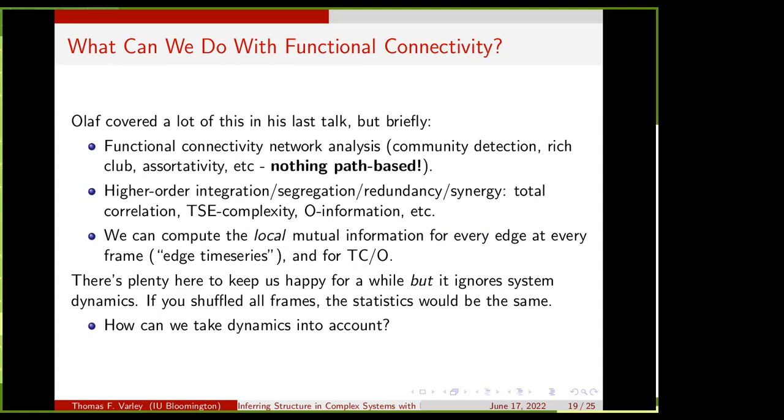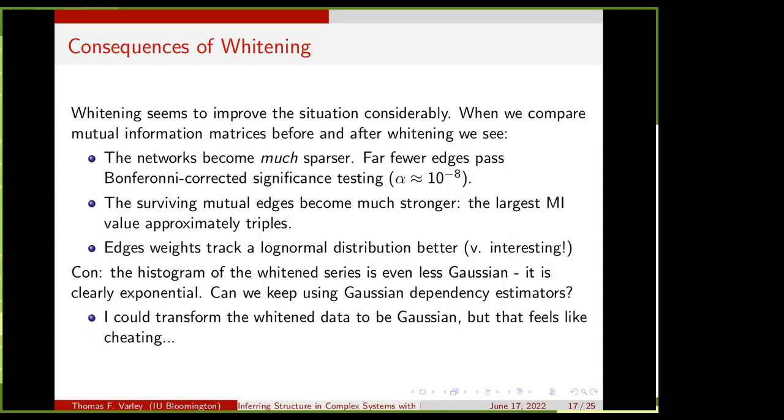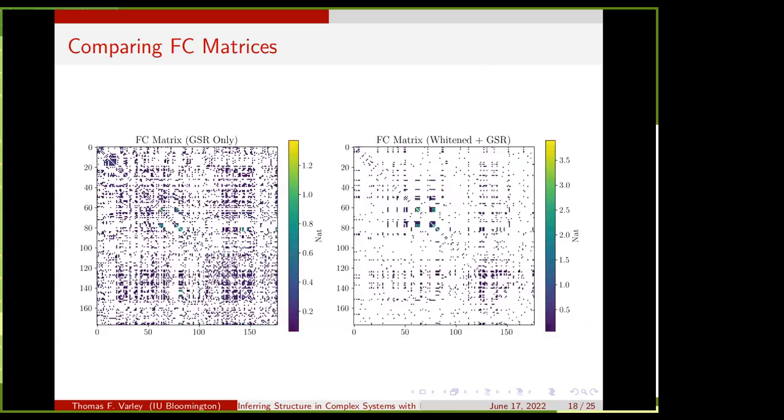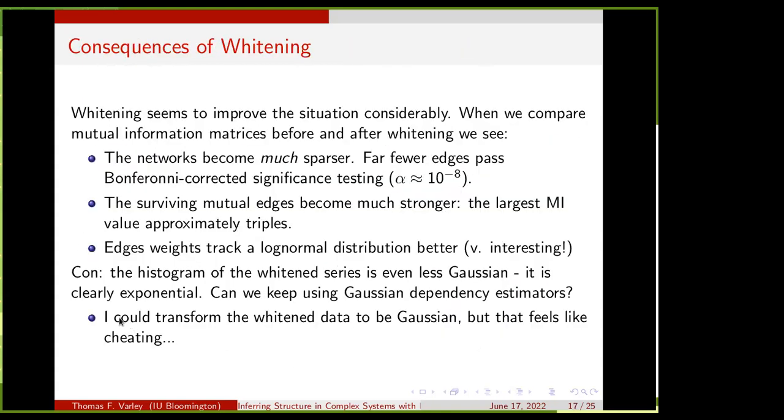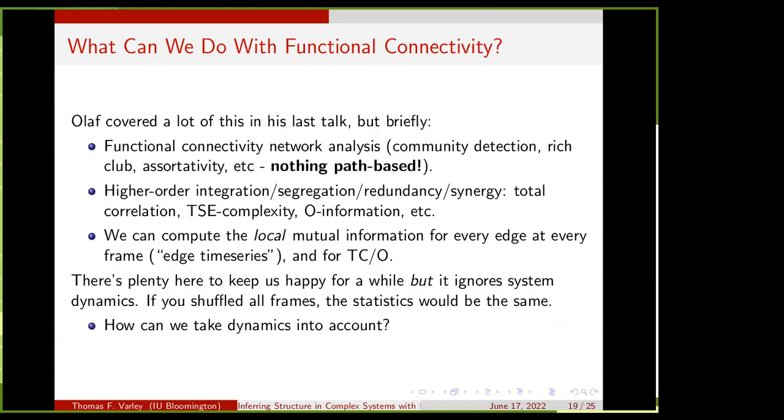No. This is all Gaussian assumptions. But you said earlier you weren't going to do that, or you thought it was cheating. Oh, sorry, I missed the transition there. Yeah, the whitened data is clearly exponential, and forcing it to be Gaussian just to satisfy this correlation would be cheating. I think sticking with the Gaussian assumptions, even though the data is not Gaussian, is not optimal, but certainly fine. Well, it's still a bit of a stretch, but okay.